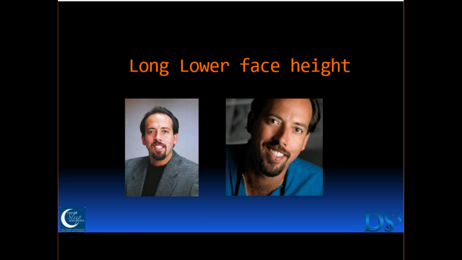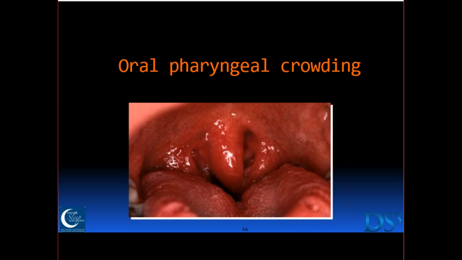If you contrast that handsome guy there with somebody like John F. Kennedy, John F. Kennedy had a very short, square face, and these things affect how our teeth and our tongue and our jaws fit inside our skull, which affects the soft tissue in our airway. Right. So long lower face height and retrognathic profiles tend to have more prevalence toward obstructed airways. And you don't have to be a genius to figure that one out. I mean, my God, how's the air going to get through that? How does anything get through there?